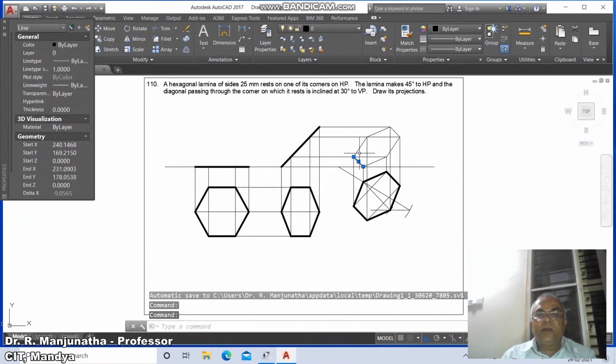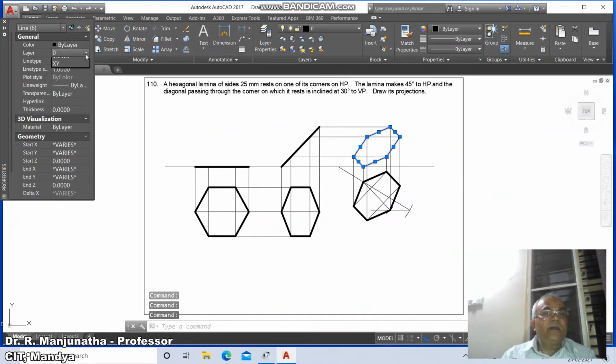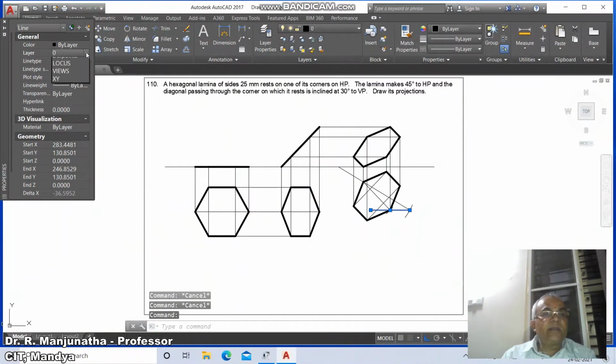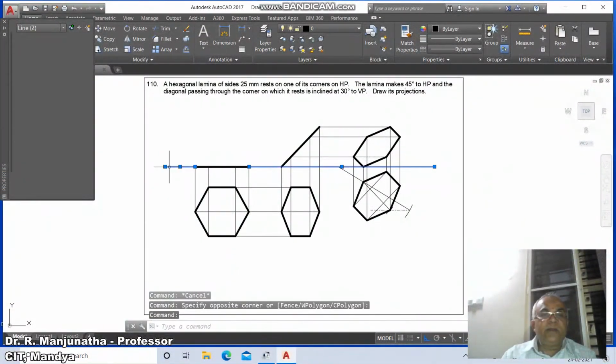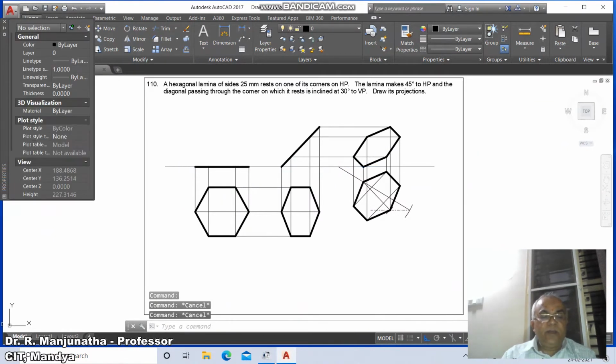Now you select all these 6 and then go to layer, make it as views. Then here you click on this and make this layer as locus and give the line type as 5. Then escape. Then select this line and you select this line, go to layer, make it as XY. Then go to